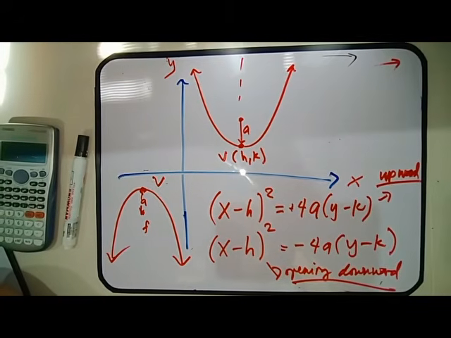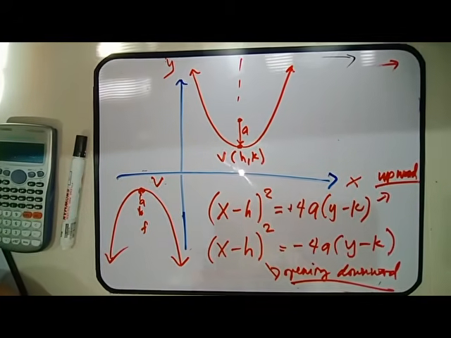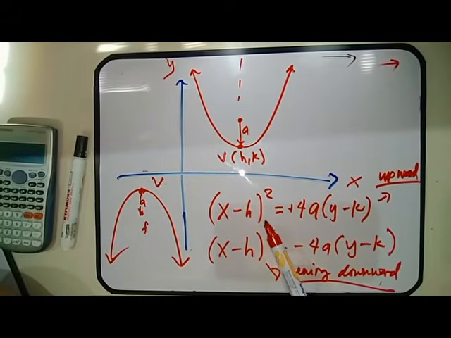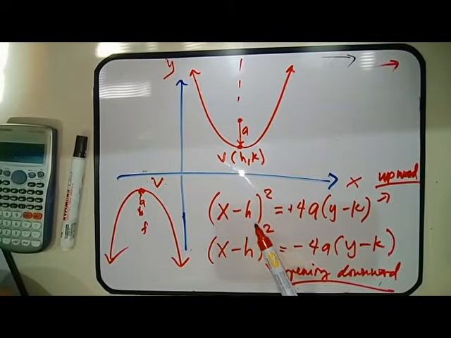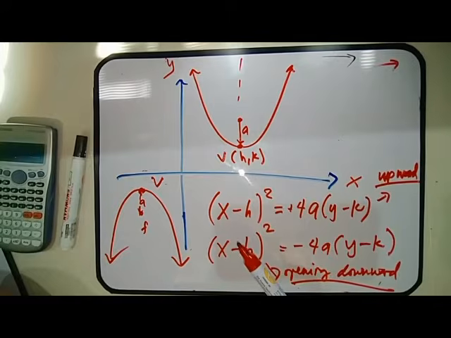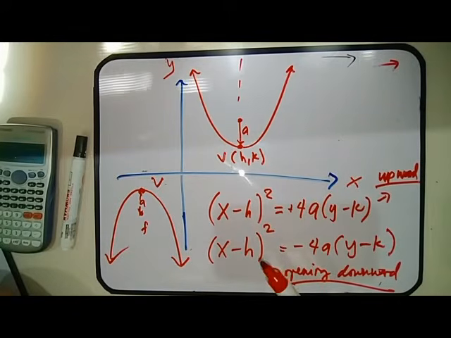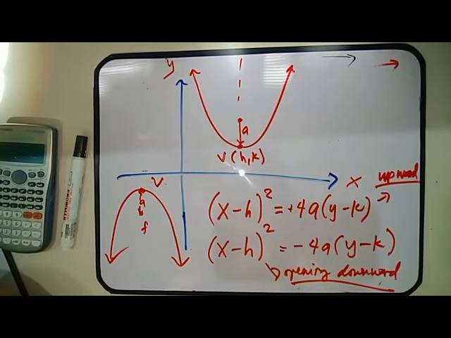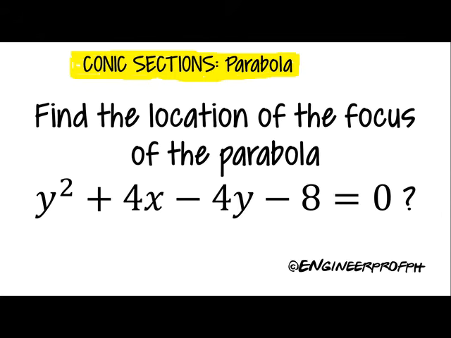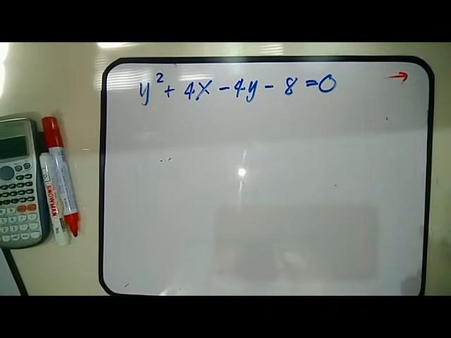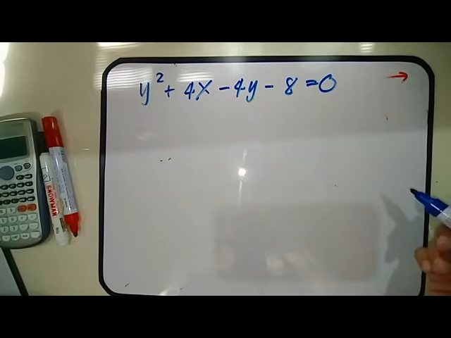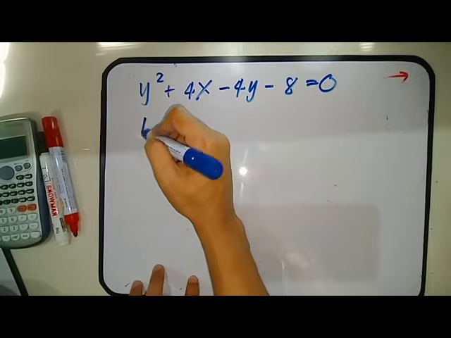Now, let's try solving. So, kung makita natin dito, ito yung form niya. So, it requires completing the squares. So, kung ang equation natin hindi pa na-square, i-complete square natin siya. So, mag-solve tayo ng mga problem. So, in this problem, we have find the location of the focus of the parabola y squared plus 4x minus 4y minus 8 equals 0. So, yung hinahanap natin guys dito is the location of the focus. So, required is the